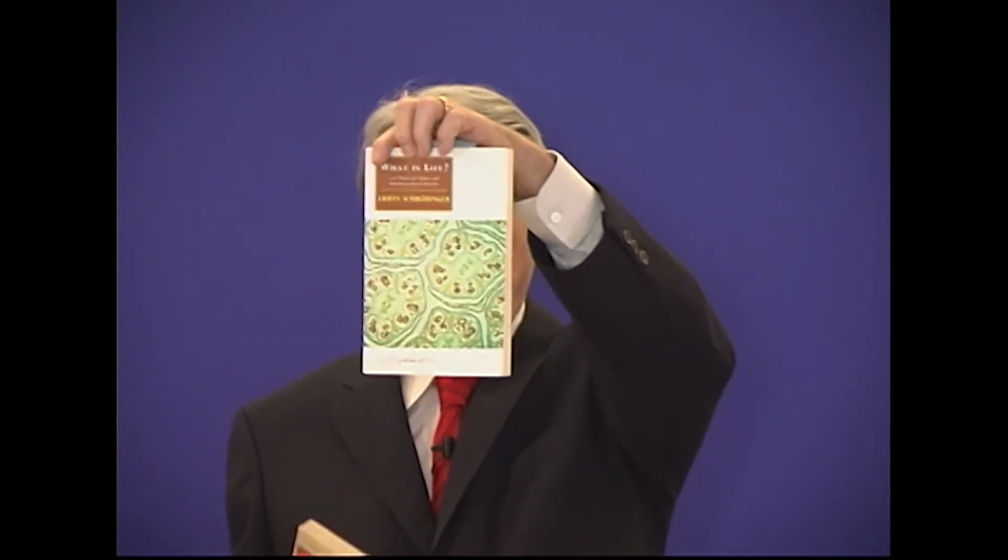What is Life has come out in many new editions. This is a recent Cambridge University Press paperback with a foreword by Roger Penrose, the teacher of Stephen Hawking, and we're going to take Hawking and Penrose in a couple of weeks and look at the monstrous carnival of the cosmos, because it turns out to be more magical and real than mechanical and codified. What is Life also comes out in exquisite editions. This is the Folio Society in London, because it has become one of the great classics,